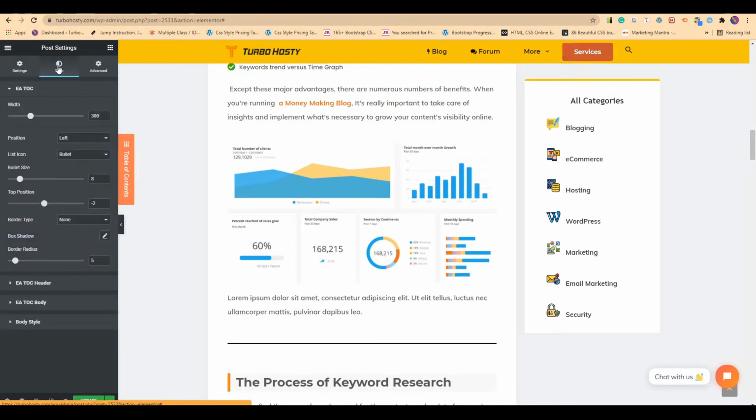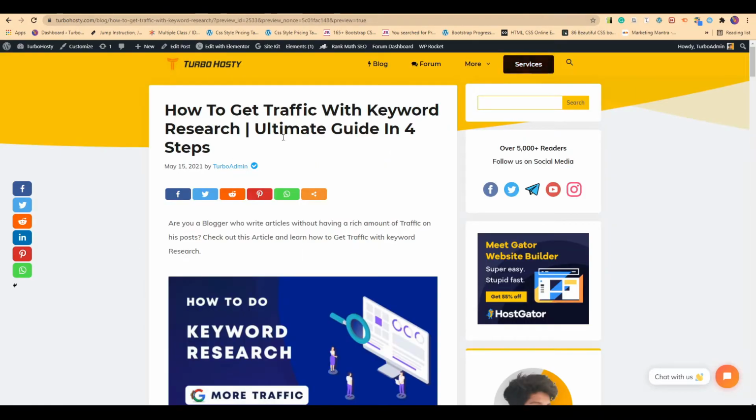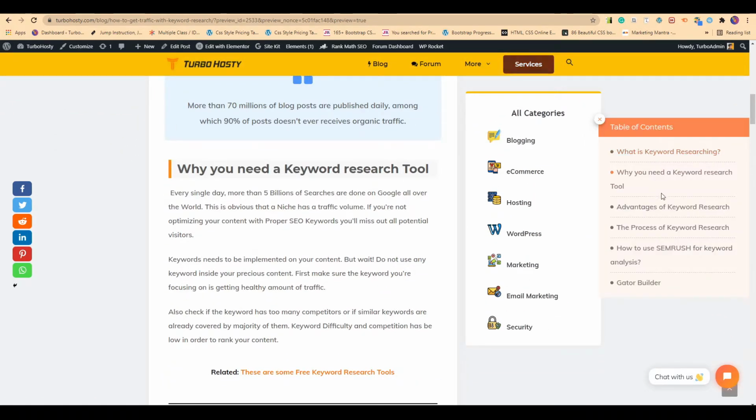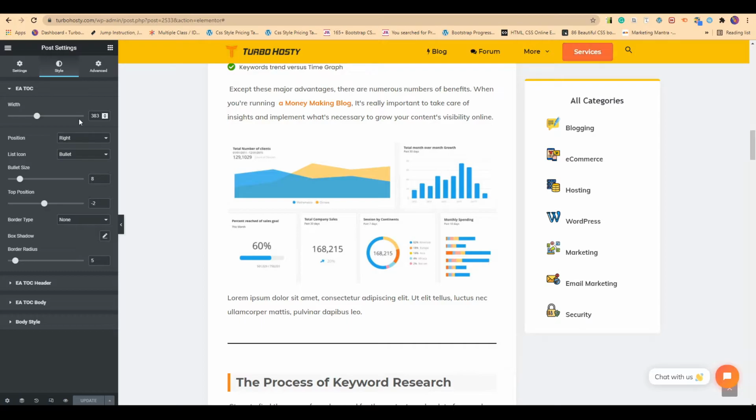For that, I will click on Style tab and click on the position to right. Now I will open this in a new tab, the preview version of it, and as soon as I scroll, you can see the table of contents is visible to you. Now I guess for me the width is a bit higher, so I'll decrease the width to at least, I guess this is fine. I click on preview changes again.